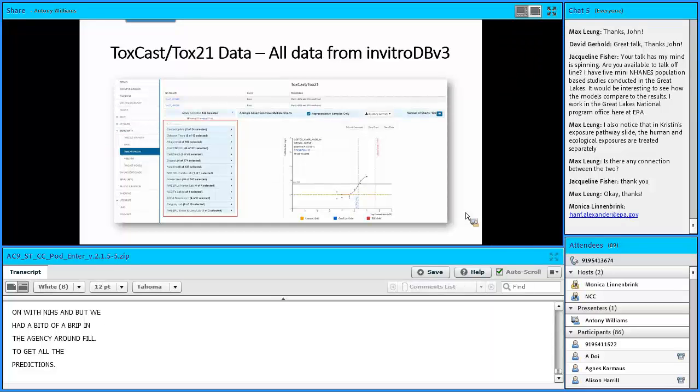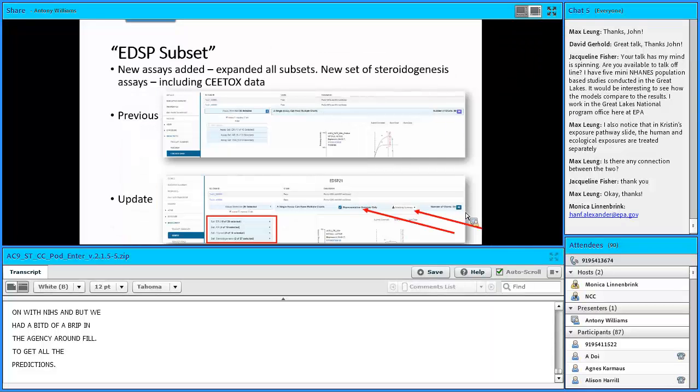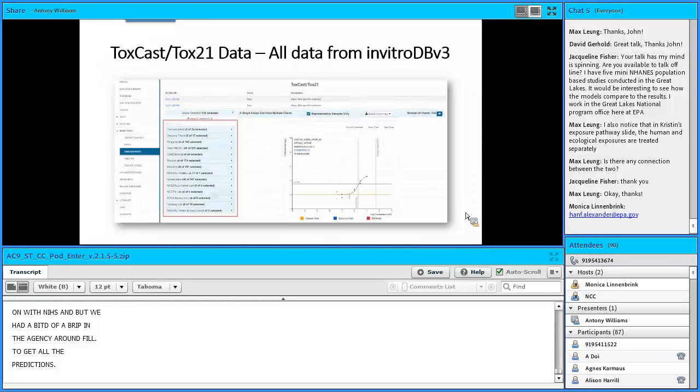The ToxCast 21 tab. So in this case, I was selecting the EDSP subtab. There is now, again, on the left-hand side, ToxCast 21. This now brings all assays up that are associated with all of our vendors. We've done the clustering based on vendor directly, and